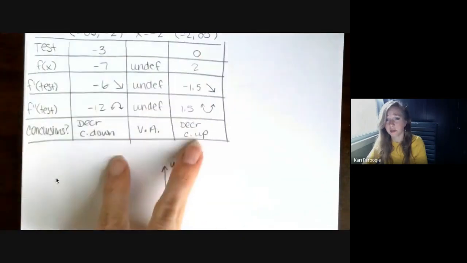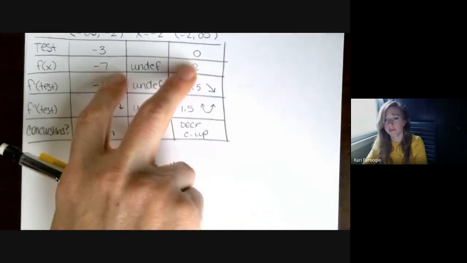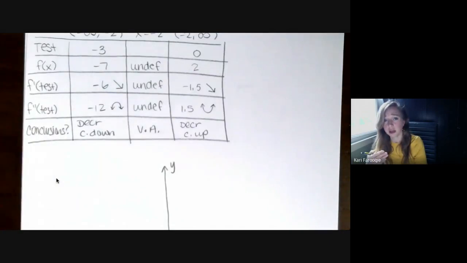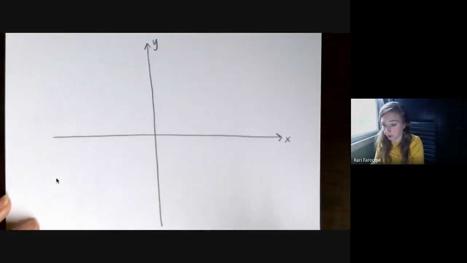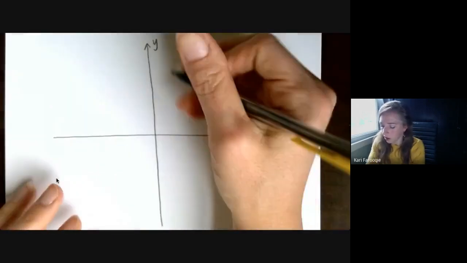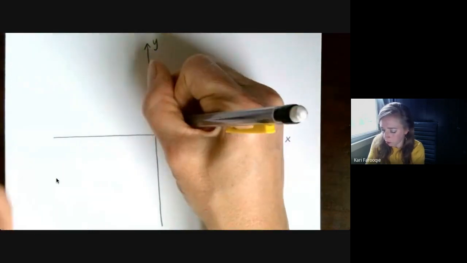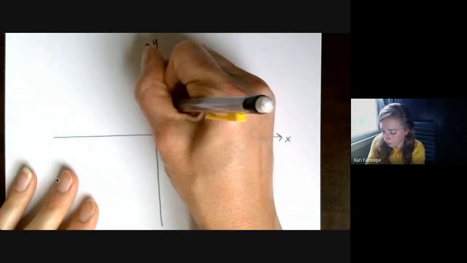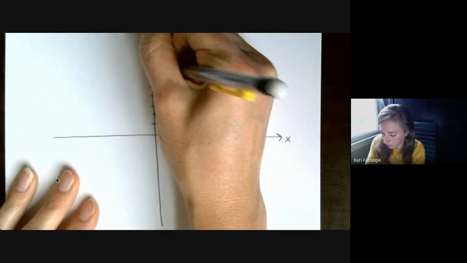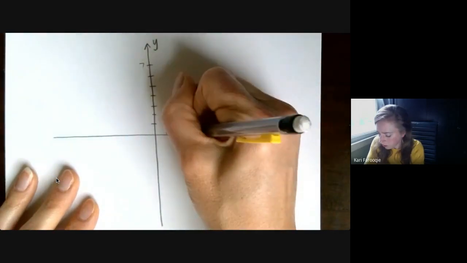Anything else that I'm going to plot point-wise is not going to be any less than -7 or greater than like 4. So you don't have to get too crazy here about labeling this from like -20 to 20 or something. I would maybe just go to 7 in every direction if you know that's the largest value you have. So look at what you need first before you set up your scale. And do the best job you can